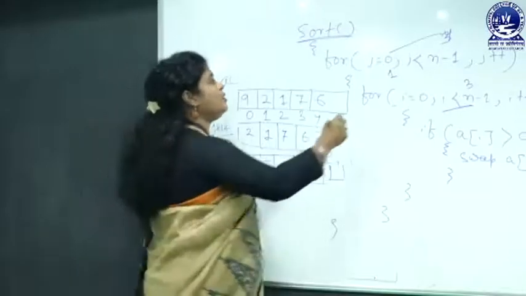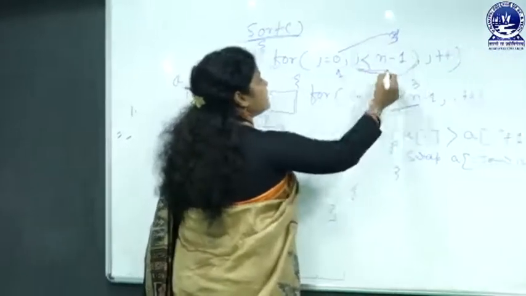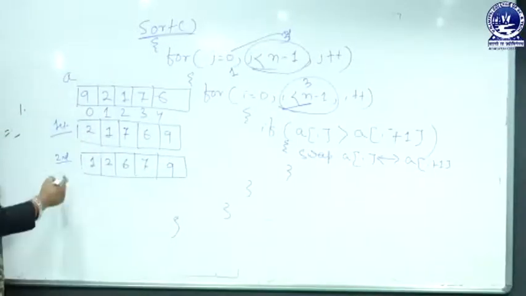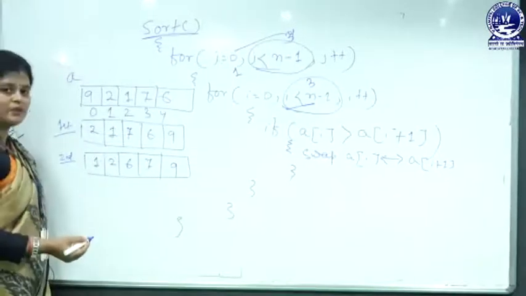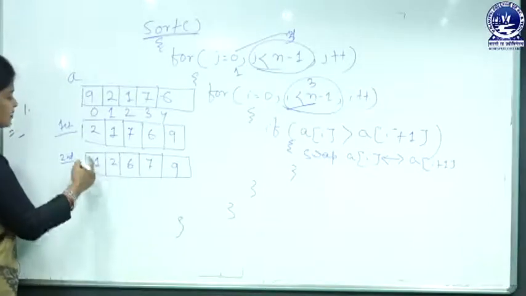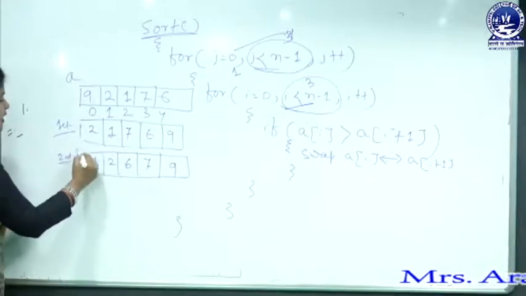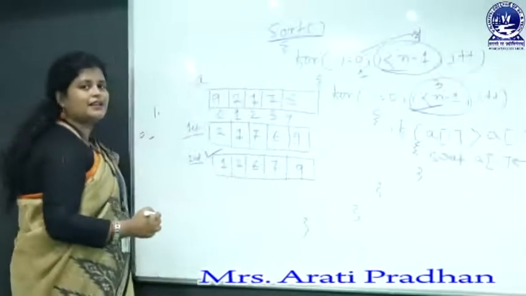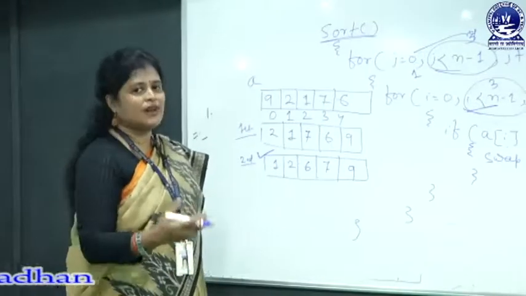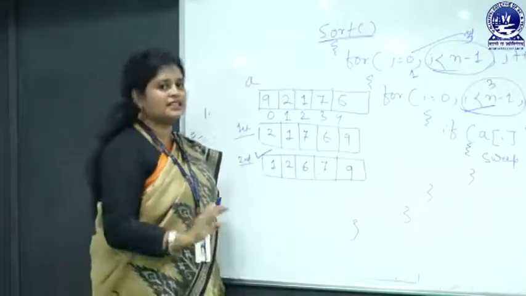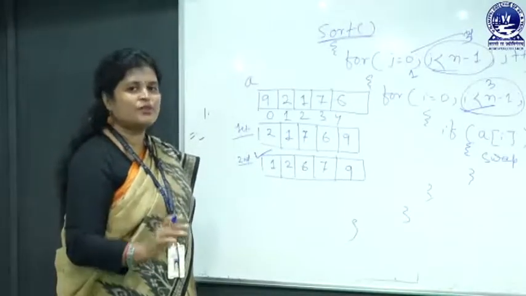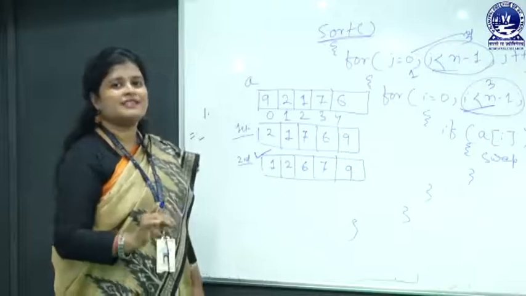But as it is a comparison sort, the loop will be continued till n minus 1 times, here also n minus 1 times. So, again and again we will perform the checking of the condition, but it is clearly visible that after the second iteration we have got the output. But in this sorting approach, whether the list is sorted after one iteration or two iterations, it does not matter. The loop will be continued for n minus 1 times, which is fixed in this type of sorting algorithm.